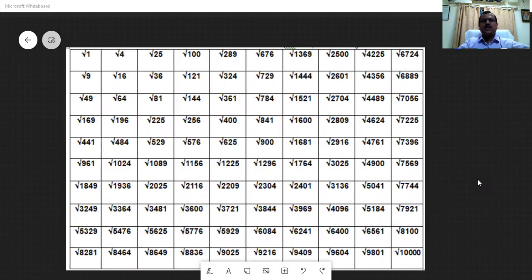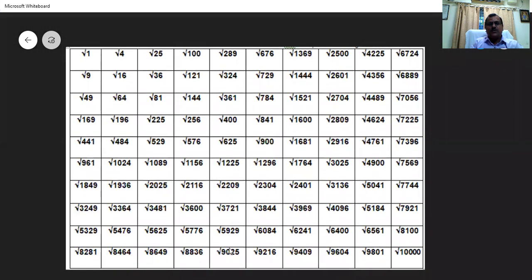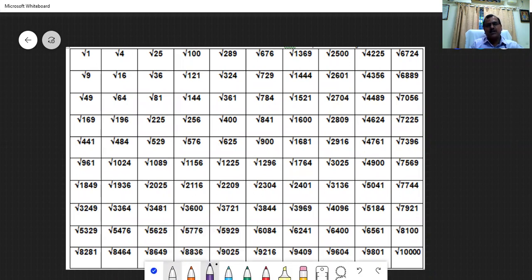Hi friends, now we are going to learn the square root problem in an effective manner. How to find square root in a fraction of a second. First you should know the squares of single digit numbers. It may be easy for you to find square roots for many problems. If you want to find a square root for a bigger number, first you have to understand the square numbers.